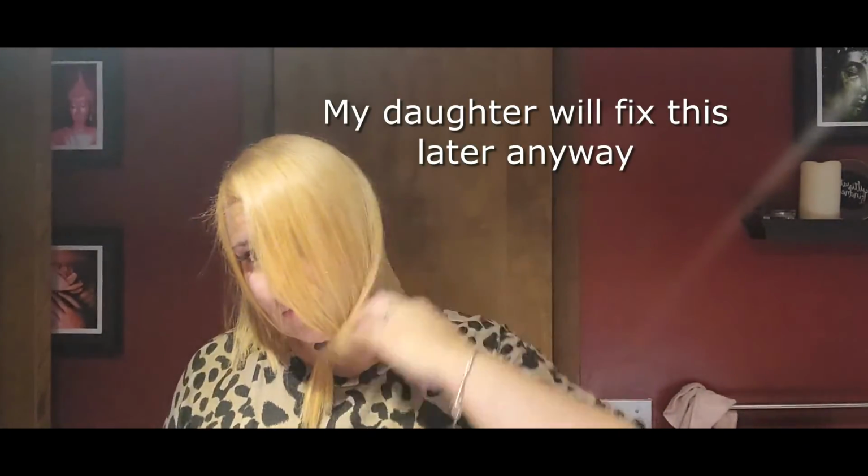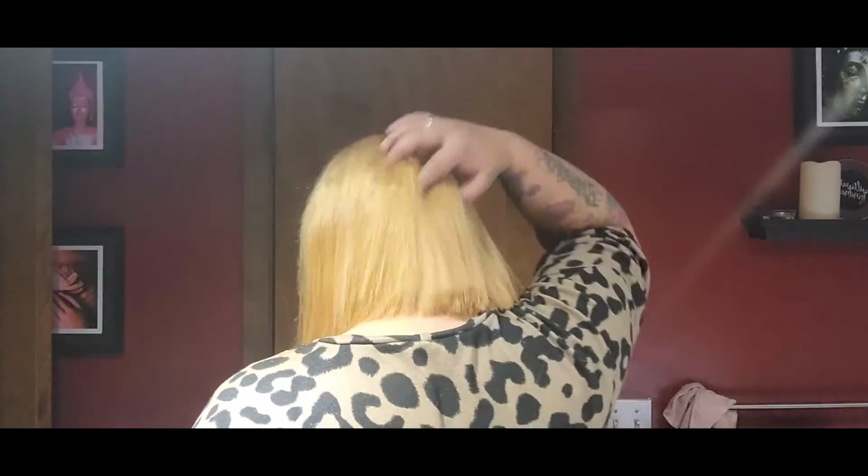All right, so now I'm just starting to trim everything up, because I do see some stragglers there. Just making sure this is what I want. And of course, my daughter is a licensed cosmetologist. She will be fixing my hair probably. But see,